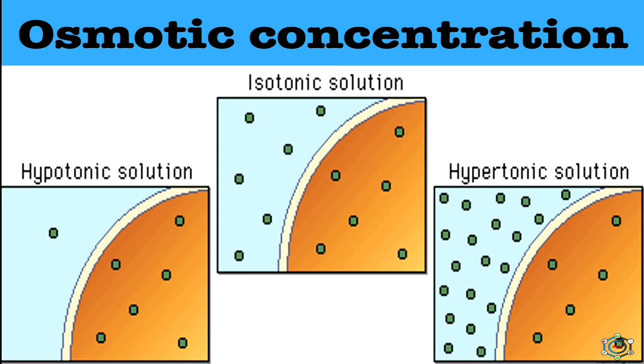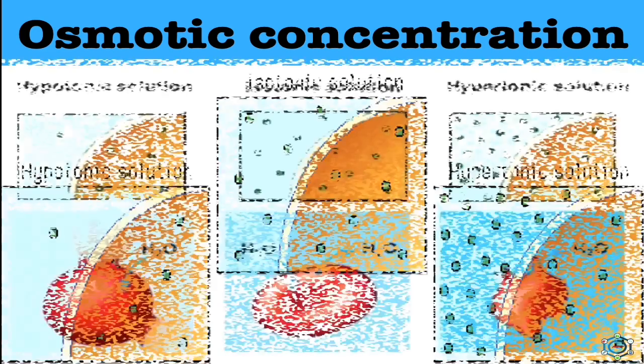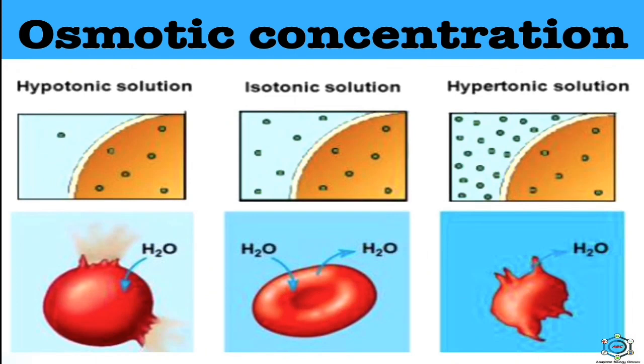Second is the hypotonic solution. What is hypotonic? In the case of a hypotonic solution, it is a solution having a concentration such that it loses water or solvent by osmosis across a semi-permeable membrane to some other specific solution. And the last is the isotonic solution. In the case of an isotonic solution, it is a solution having a concentration such that it neither gains nor loses water by osmosis when separated by a semi-permeable membrane from a specified solution.